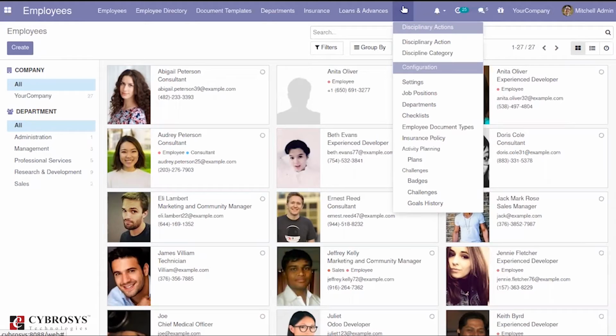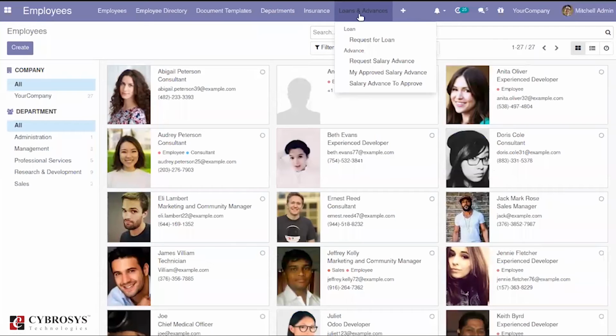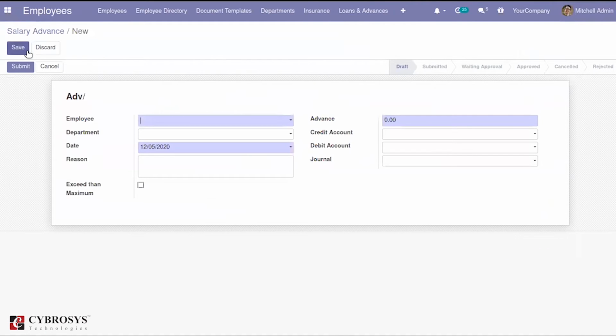Here you will have the option. You can see over here the options called loan and advance. Under this, you will get an option to request the salary advance. From here you can simply create the salary advance,